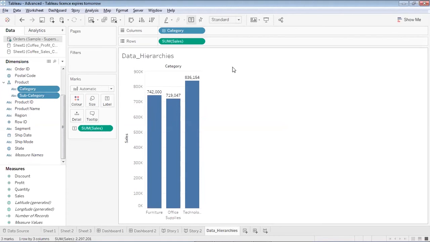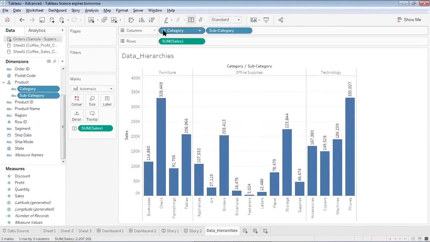So over here, you will see that this category field has got a plus sign now. Previously there was no plus sign. Now it has got a plus sign. So when I click plus over here, from category, the data will be bifurcated to subcategory. So when I click over here, you will see the data has been bifurcated to subcategory corresponding to each category. So that was a hierarchical field which we have created.